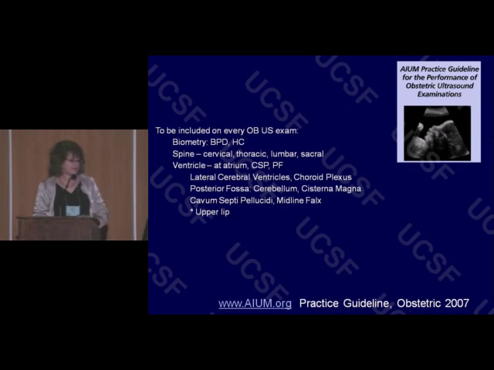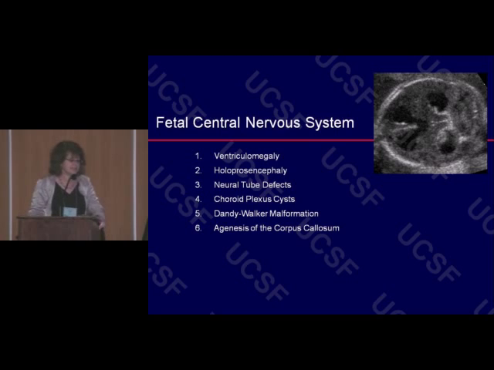Biometry, of course, includes BPD and head circumference. The spine, we're specifically instructed to document cervical, thoracic, lumbar, and sacral in sagittal and transverse views, and the ventricle. And then in yellow are some more detailed terminology that's been incorporated into newer iterations of the guidelines: the lateral cerebral ventricles, the choroid, the posterior fossa, including cerebellum and cisterna, the cavum, the falx, and most recently, the upper lip. So, of course, every time the guidelines come out, nothing goes away, but more things are added, including CNS-related